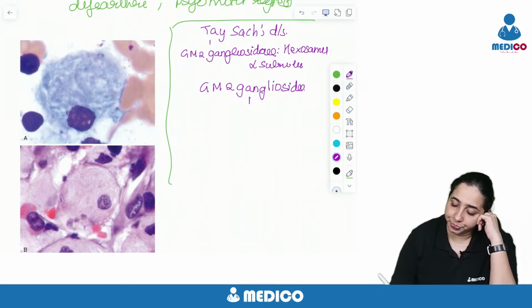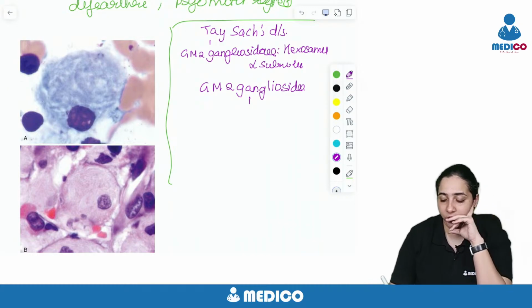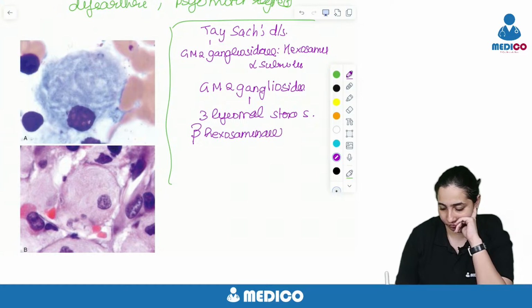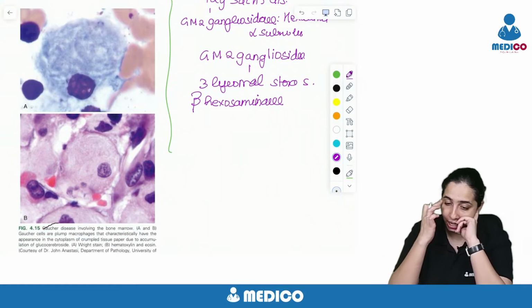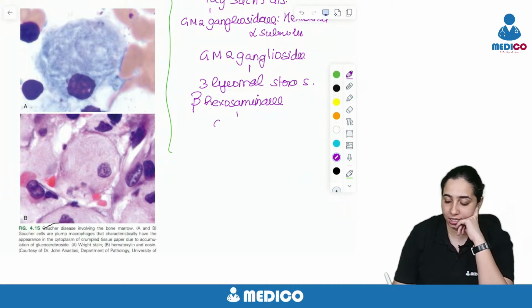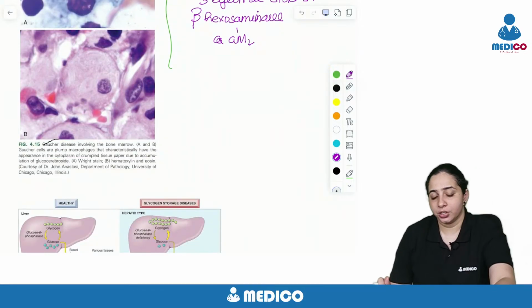So here you have 3 lysosomal storage disorders caused by deficiency of beta hexosaminidase, wherein you have the inability to catabolize the GM2 ganglioside. Okay, so again,